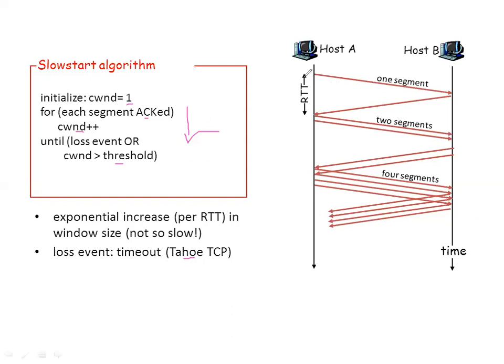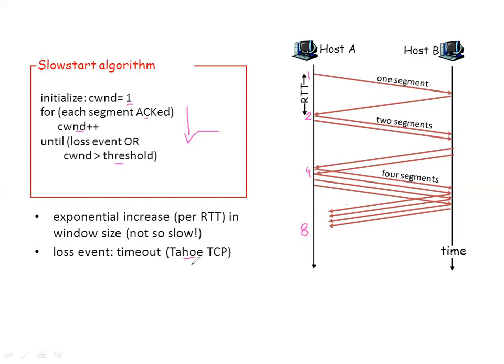Let us see this example again from the starting. Initial congestion window size was 1, so sender transmitted 1 segment. Now when it received 1 acknowledgement, the congestion window size increased by 1, so now it becomes 2. When it receives 2 acknowledgements, the congestion window size will be increased by 2 more, so 2 plus 2, now it becomes 4. When it receives these 4 acknowledgements, congestion window size will be increased by 4, so 4 plus 4. So now it becomes 8. Okay, so in the next iteration, sender can transmit 8 segments simultaneously to the receiver.